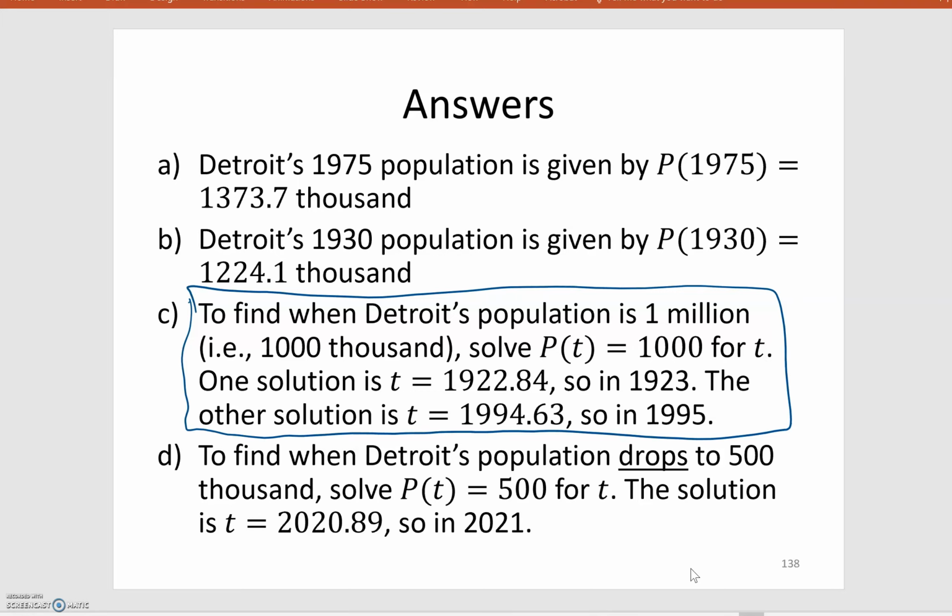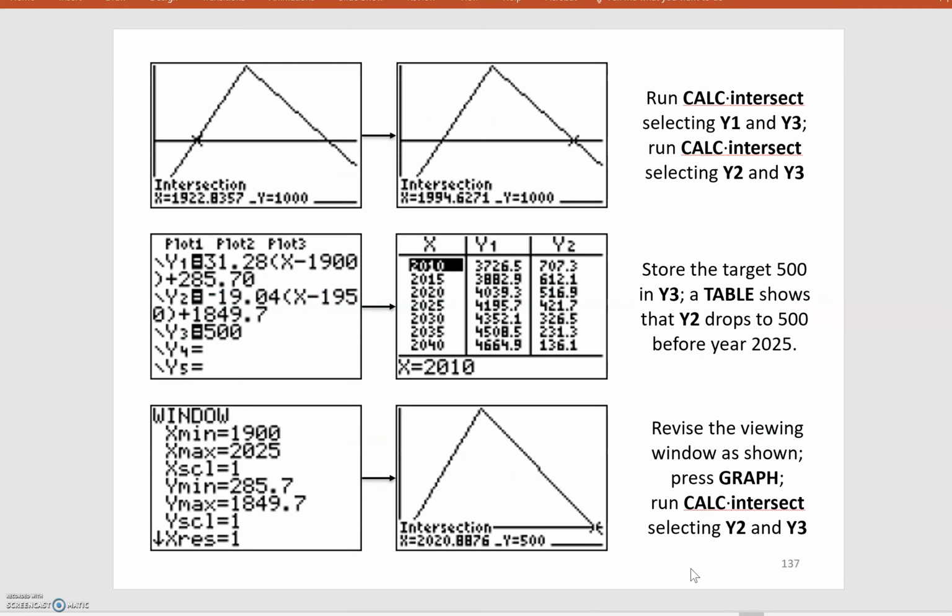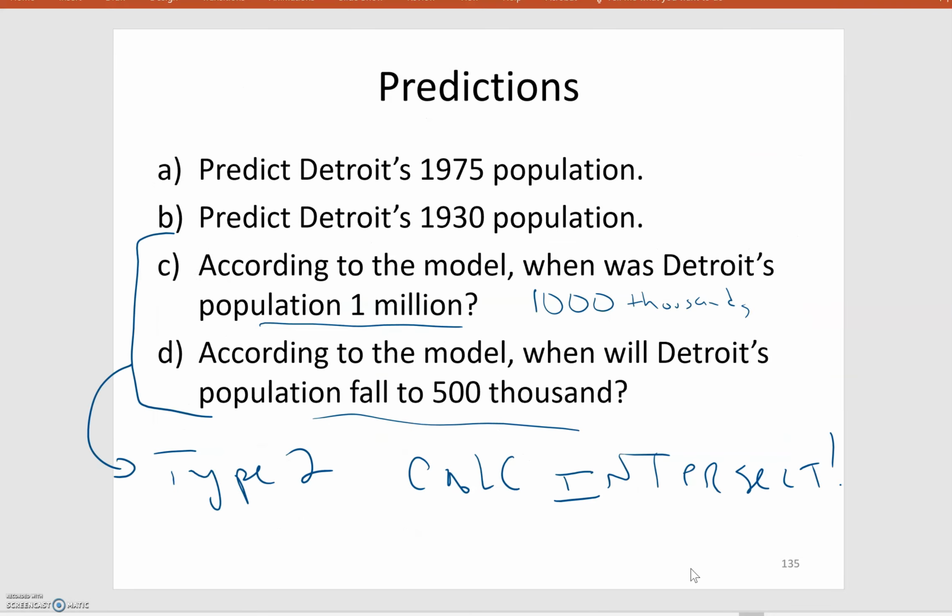Okay. Notice also that in both of these we round upwards to the next year, since we are starting midway through the year. Okay, so let's look at the last question. When will Detroit's population fall to 500,000? Now, this is again going to be a calc intersect, but in a way it's a little bit easier than the previous question, because since it says fall,